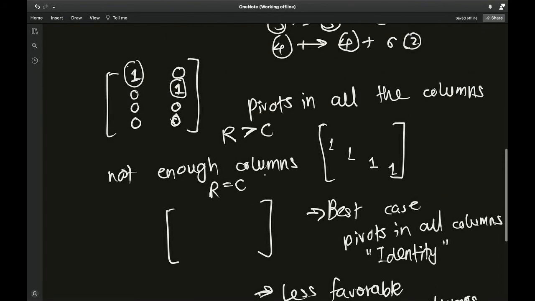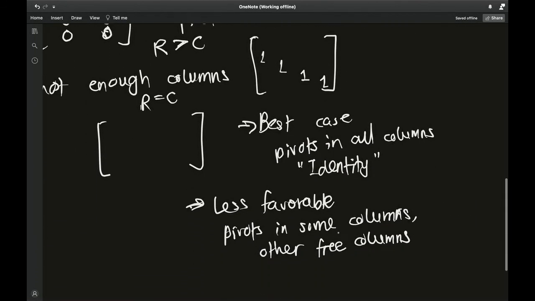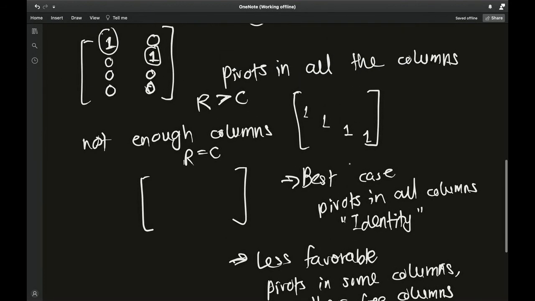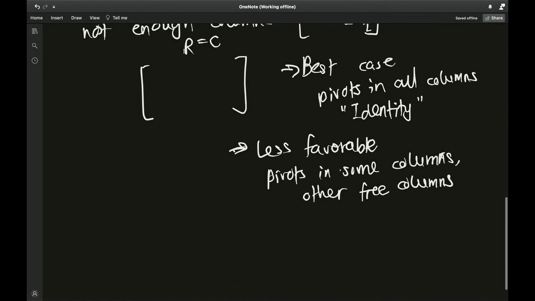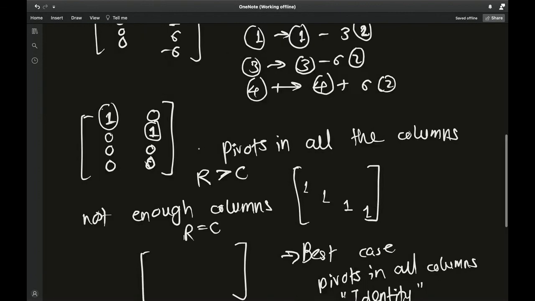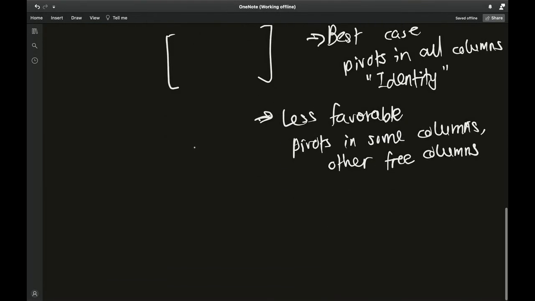Now in this case, R greater than C, it's like this, except it won't be identity, it'll never be identity. But in the C greater than R case, the columns greater than rows, it's always going to be the less favorable condition. That's basically the idea. And in the next video, which is probably going to be part 2, I'm going to extend this notion